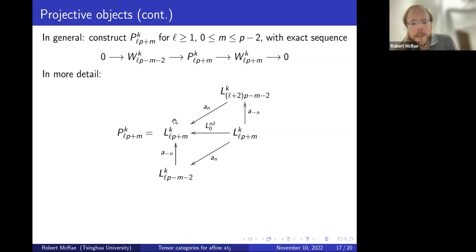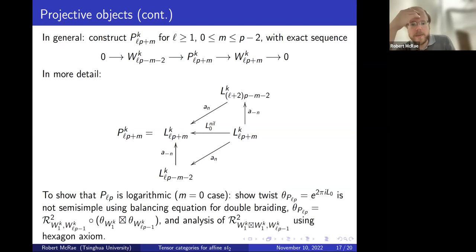And you can move between all of these different subquotients using the affine Lie algebra action, but you can also move horizontally between these 2 subquotients using the nilpotent part of the L0 operator. So I'm saying that these are logarithmic modules. There's a non-trivial nilpotent part of L0, which maps from this simple quotient to the simple submodule.